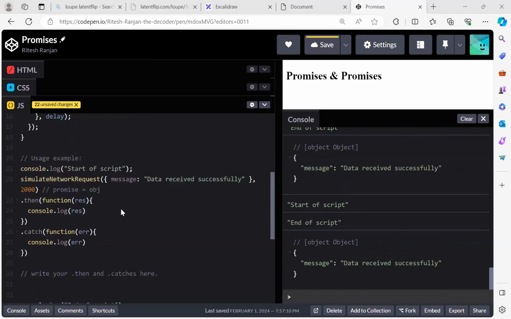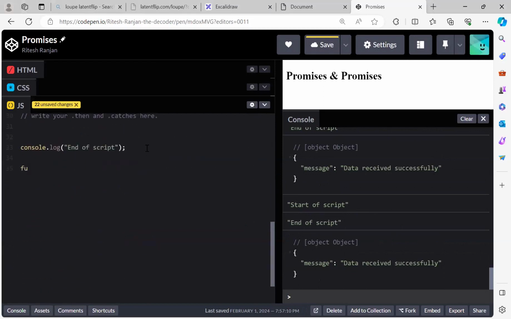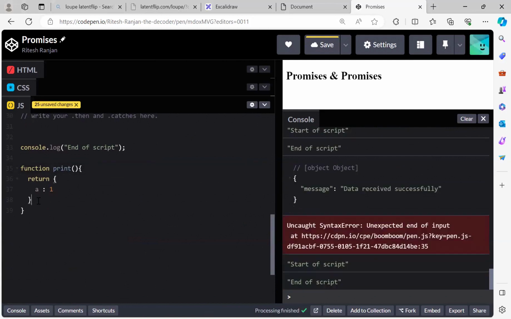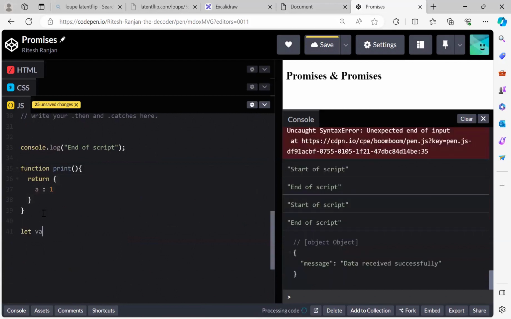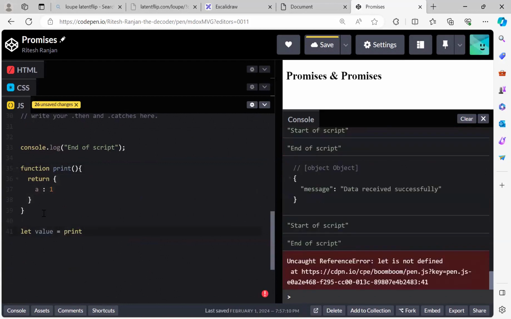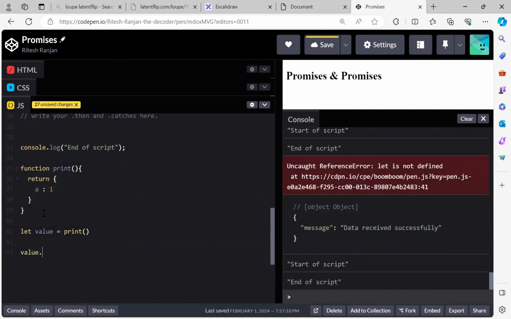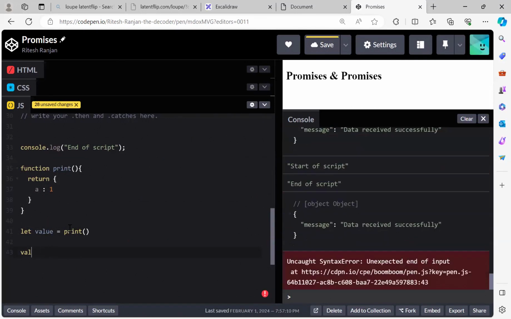है ना। इट्स समथिंग लाइक दिस ओनली। लेट्स से आपके पास एक फंक्शन, राइट, फंक्शन एंड लेट मी कॉल इट प्रिंट, एंड दैट फंक्शन इज रिटर्निंग एन ऑब्जेक्ट a1, ठीक। तो ये फंक्शन इज फाइनली रिटर्निंग एन ऑब्जेक्ट, so if I go and do let value equals to print, ठीक, और मैं उसको कॉल भी कर रहा हूँ, तो if I do value dot something, will I be able to get that value dot a, if I go and do console dot log value dot a,